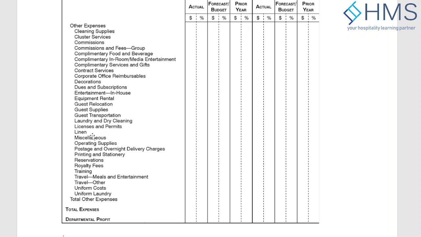Not only do you have to have a chart of accounts which is in line with what you usually see on the P&L face, cleaning supplies, contract services, commissions, but you need to also think about sub accounts which will go into the details so that we can get more details of these expenses from the GL itself, rather than when somebody asks, we dig into the GL and we separate the cost out and tell the person separately. That's what I used to do when I was assistant controller. Every month I had to dig out the GL and split out the cost into the variable,